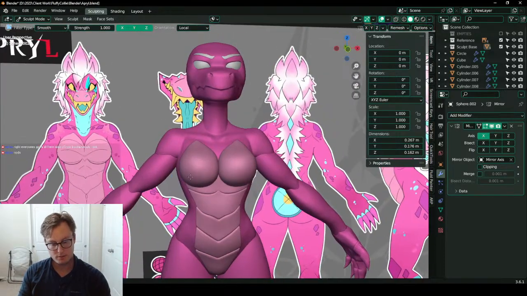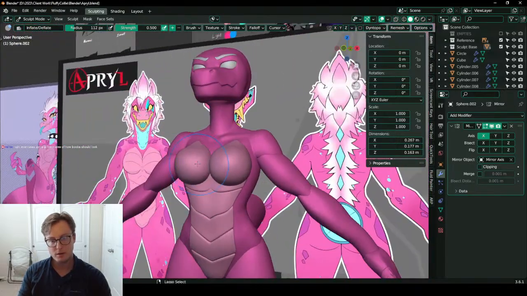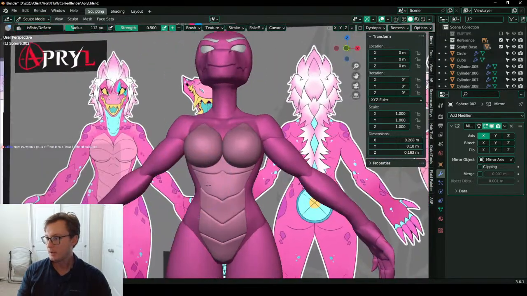Can I spherize? That'd be useful. I might go ahead and do a subdiv version just to be a little bit more accurate.